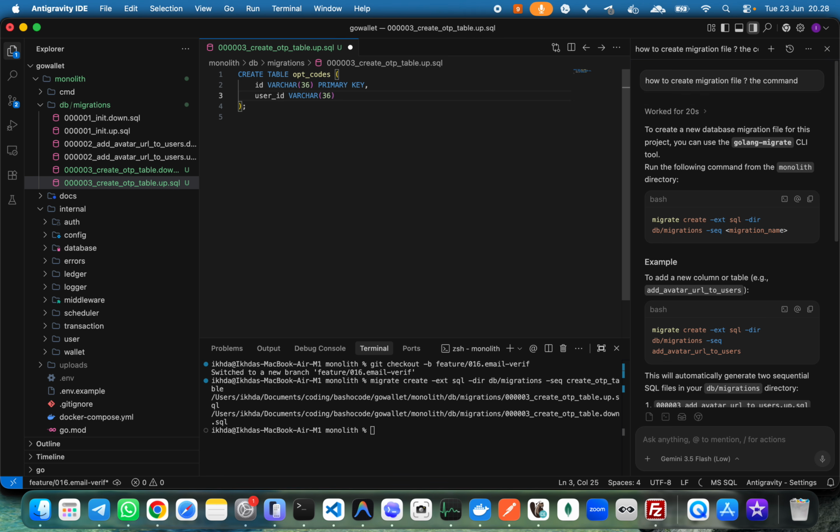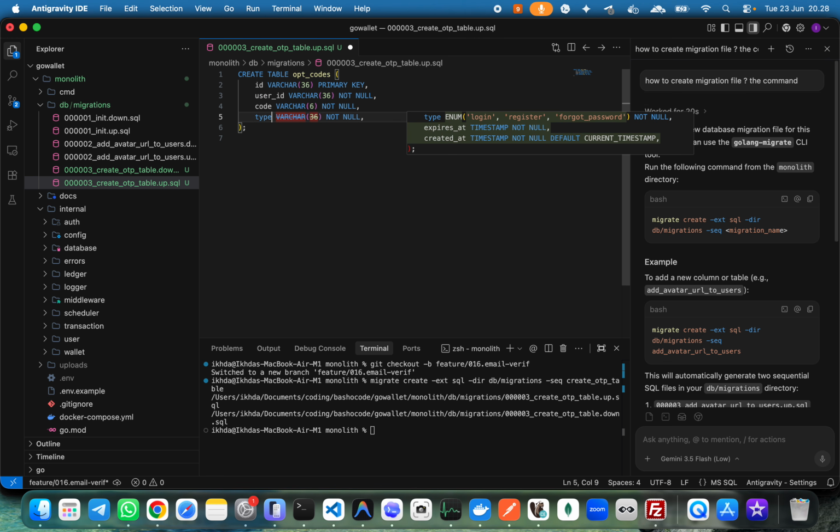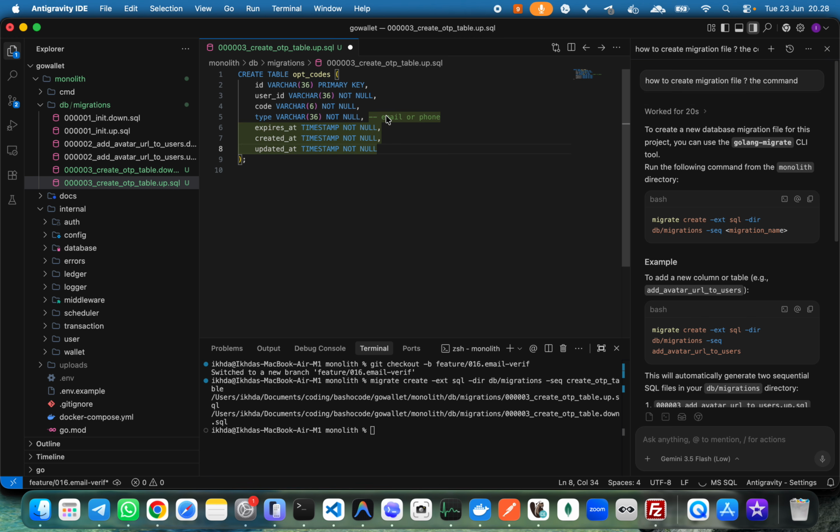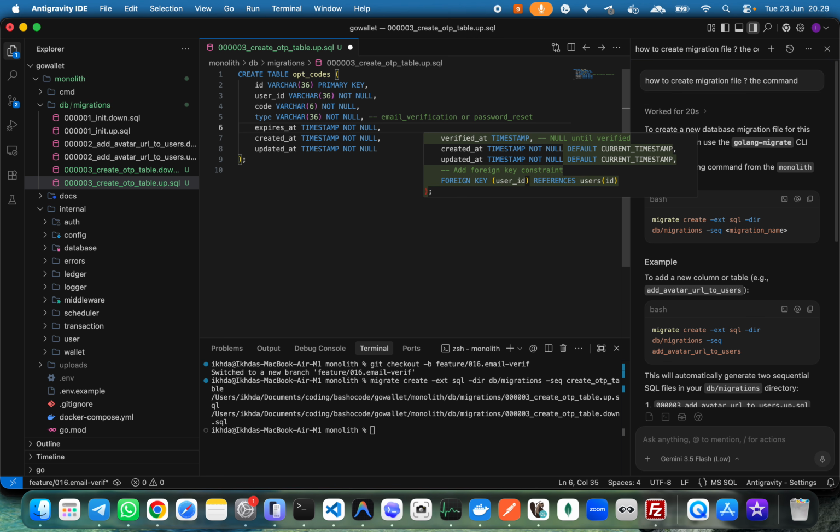Just copy paste, and not null, and then again this should be code. I want it to be 6, and this type can be email verification or password reset. Then expires at timestamp not null, and created at